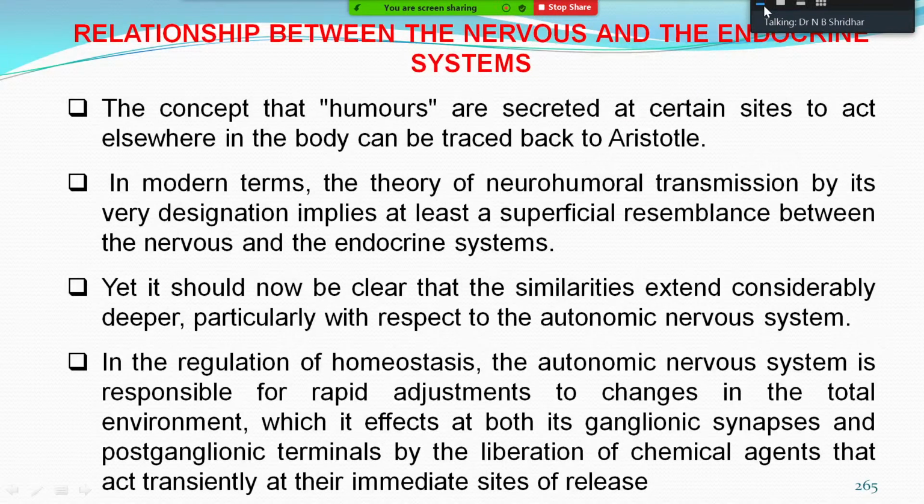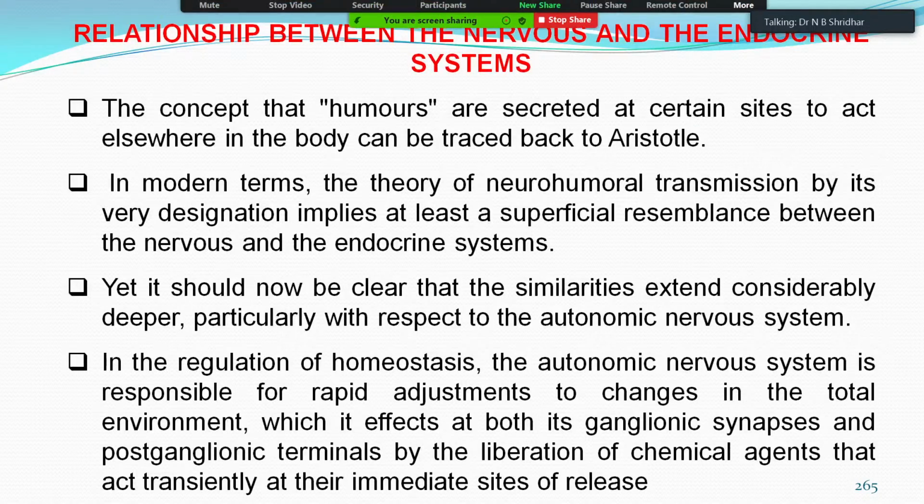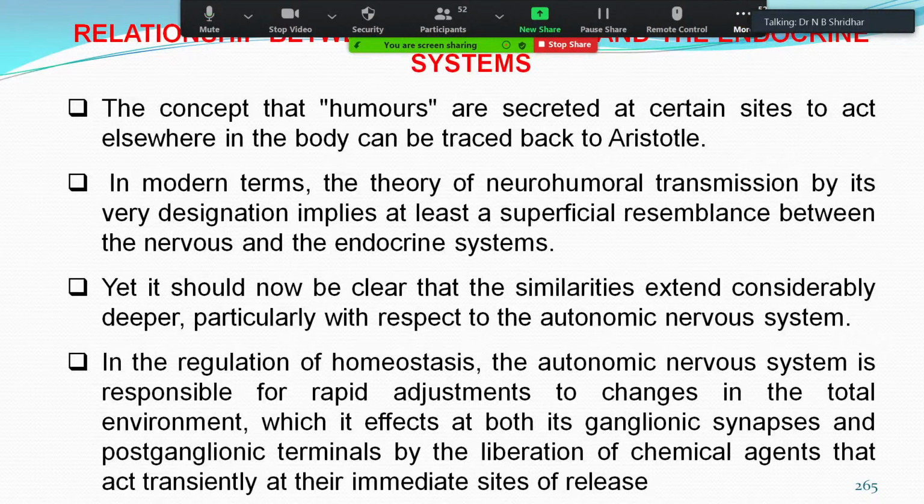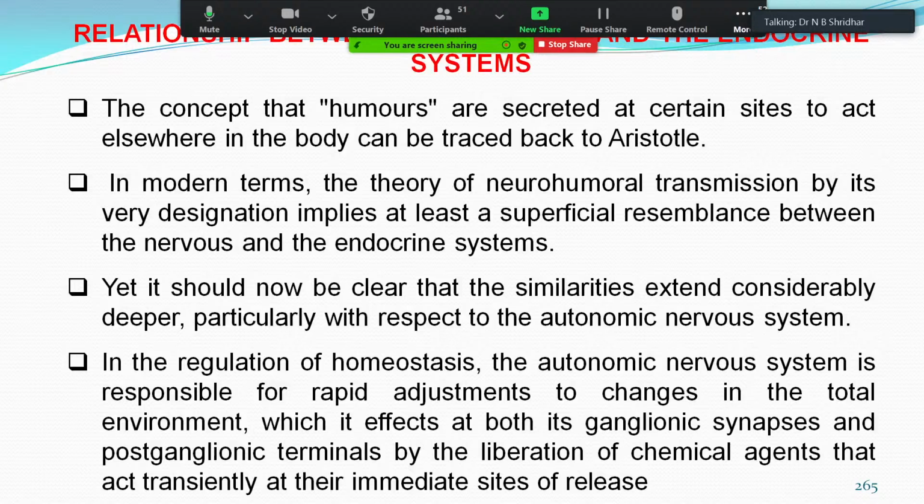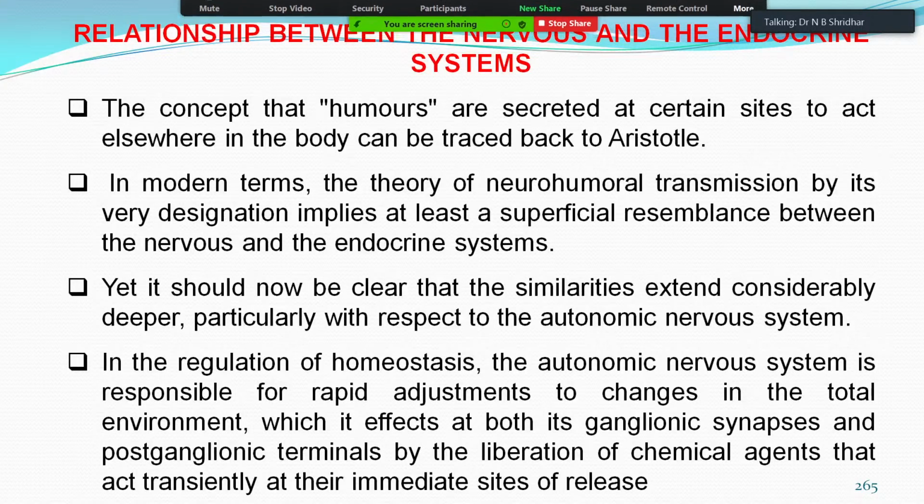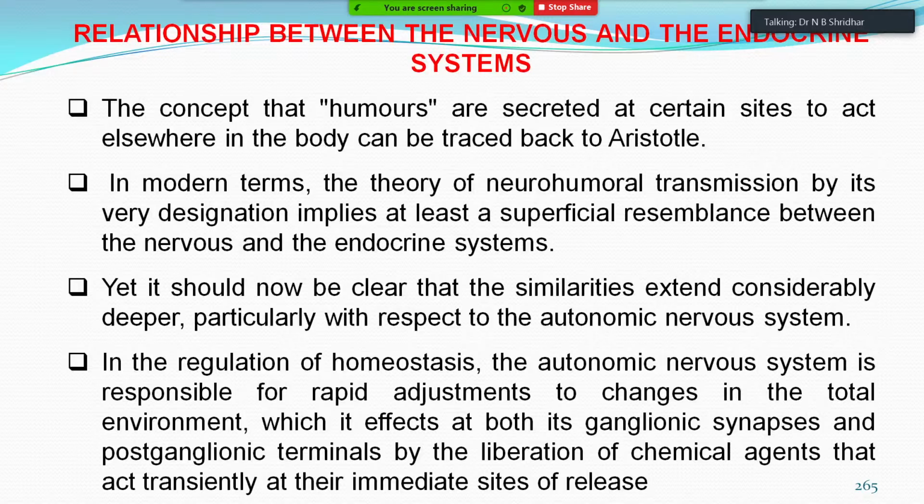The nervous system and endocrine system have direct relationships, because the humors, meaning the chemicals, are secreted at certain sites to act elsewhere in the body, which can be traced to Aristotle. It's a very old concept that humors are involved in nervous transmission. That's why in modern terms, the theory of neurohumoral transmission implies at least a superficial resemblance between the nerves and the